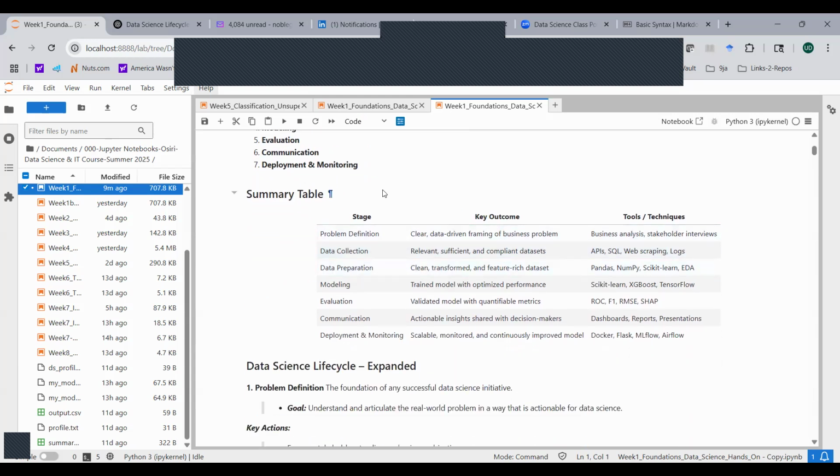So I created a table here, which is a summary table that tells you each of the stages, what the key outcomes are in each of these stages, and then what specific tools are used in each of these stages. Now, you don't have to know these tools